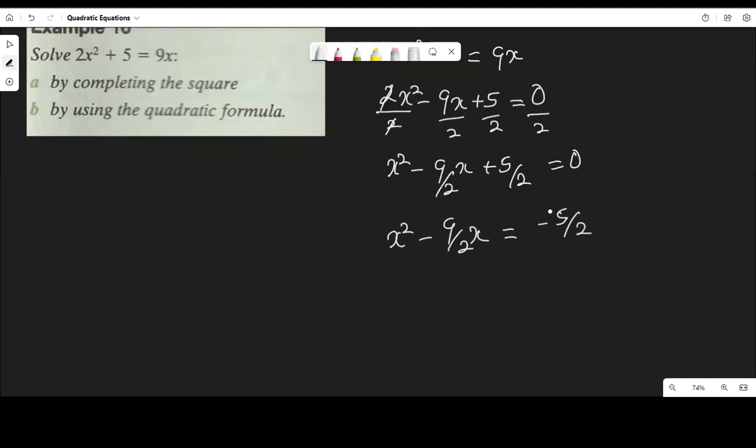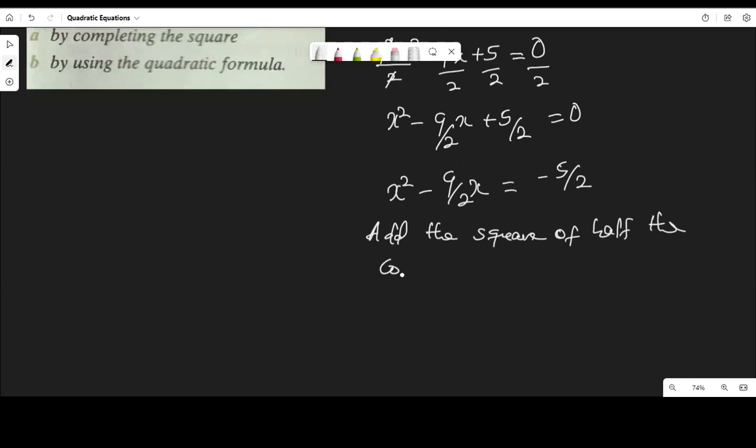Now the rule for using the method of completing squares is we add the square of half the coefficient of s to both sides. Let me write it down. That is very, very important. Add the square of half the coefficient of x to both sides. To both sides of this equation, we are going to add the square of half the coefficient of